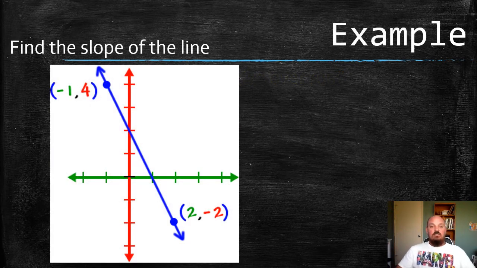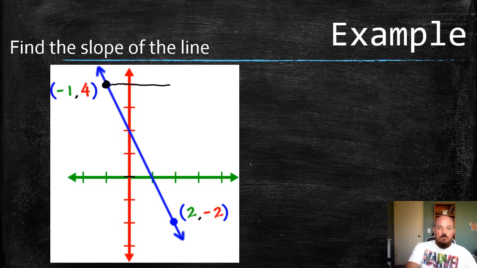So for our last example today, let's find the slope of this line, and I'm not going to use y2 minus y1 over x2 minus x1. I'm going to try to do it an easier way. So what I'm going to do, when I talk about rise over run, I'm going to start at this point right here, the point -1, 4. And I'm going to get to the other point by going